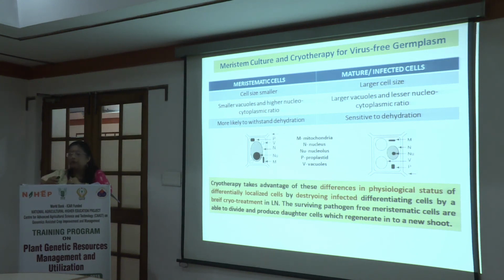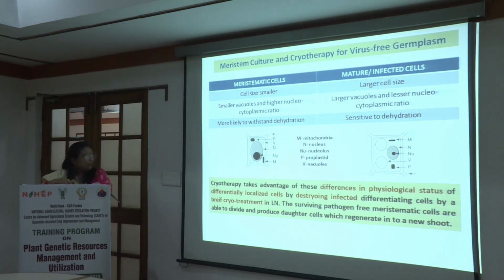Okay, so if people are skilled enough to do meristem isolation, there is a probability of getting virus free plants, but now we are using the cryopreservation method to get virus free plants, and that has been termed as cryotherapy. Okay, so what we do is we typically take shoot tips which are larger in size as compared to meristem, subject them to cryopreservation by any of the methods that have been already told to you, and then after cryopreservation the virus load is measured.